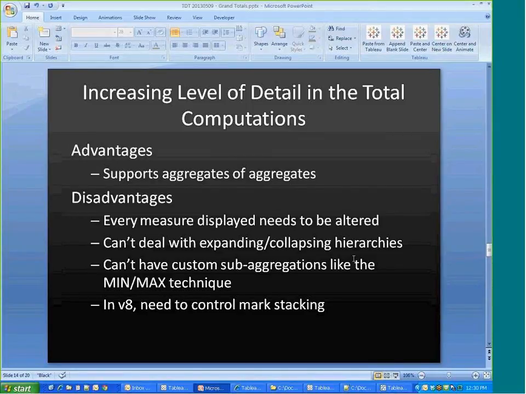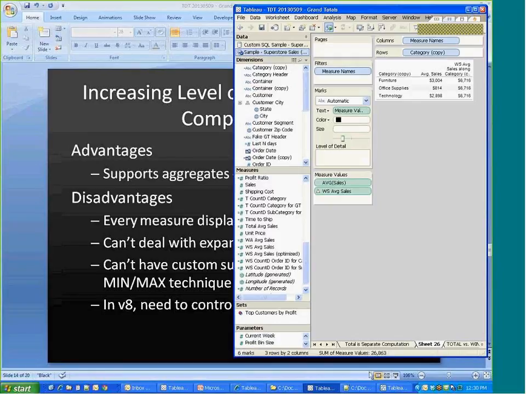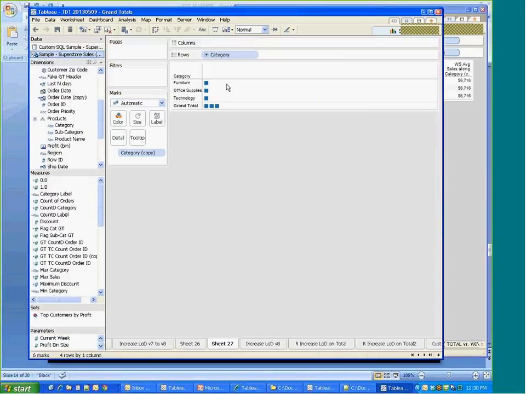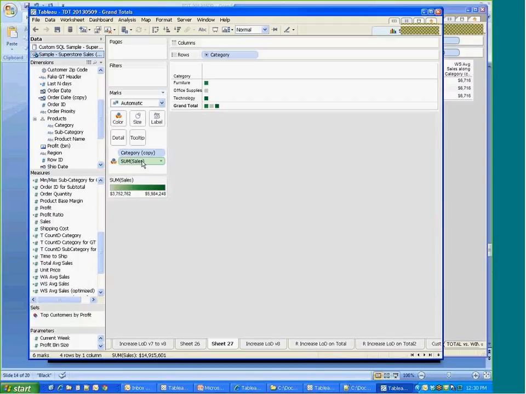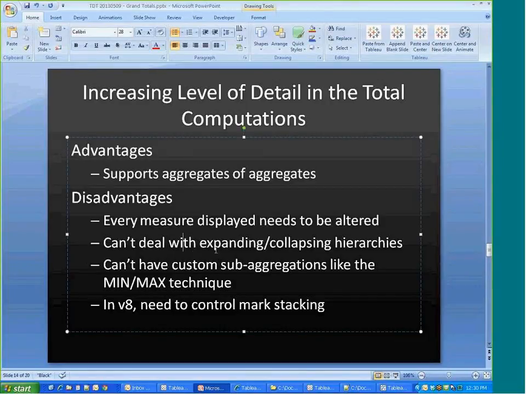Another option we can do is we can take category copy, drag a copy of that onto the pages shelf. Or it actually doesn't even need to be here because once it's on the pages shelf, it's part of the view. And in this case, we're just showing the first page that goes along with this first value of category copy, and that gets us our view. If I go to the other ones, it's not showing anything there. So that's another. So there's 2 different ways of dealing with this overprinting or the mark stacking that happens in